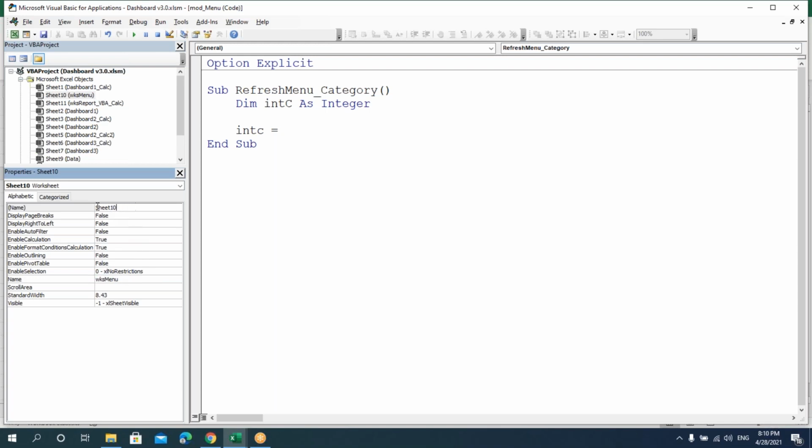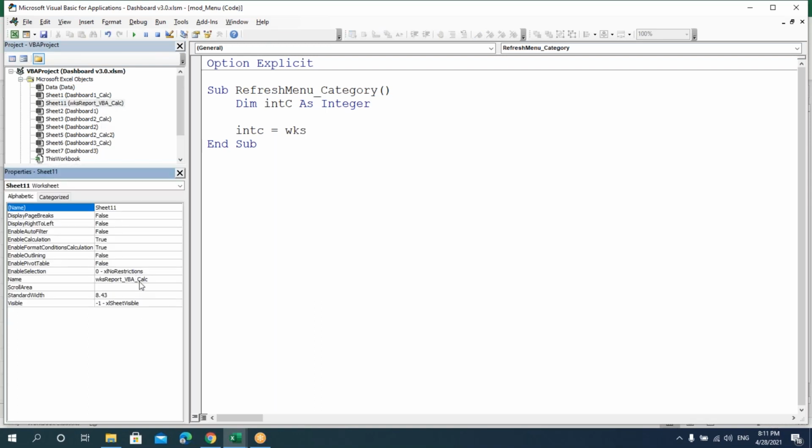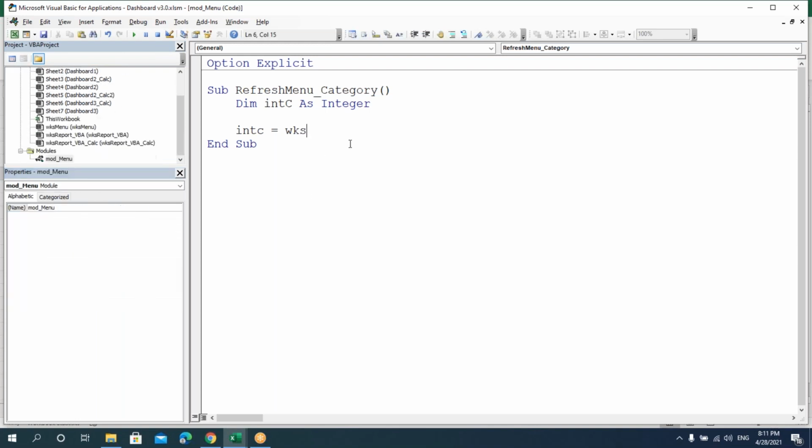All the sheets have to be renamed because while we are writing the program, it will be easy for us to recognize on which sheet we are writing the program. I just renamed all the sheets like what we did in our first session. Say we have this calculation sheet. Yes, here we have not renamed this. We'll rename this as well. All right.